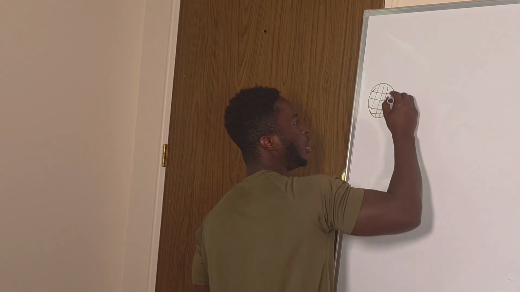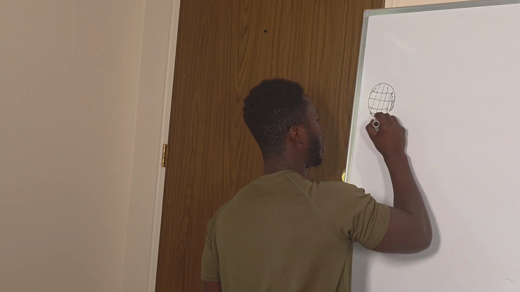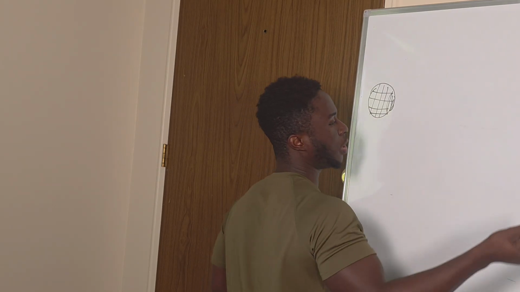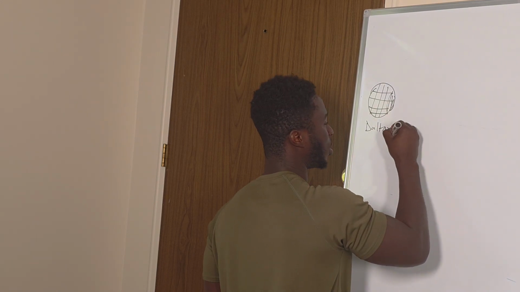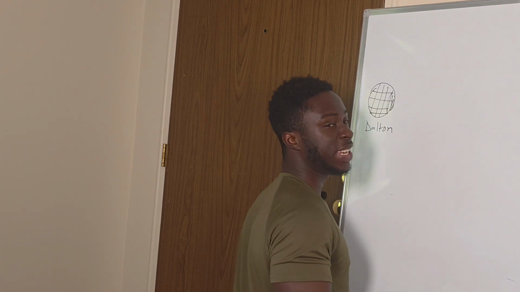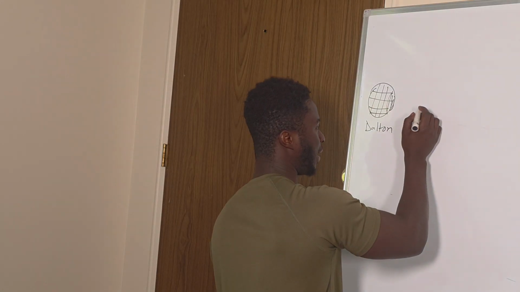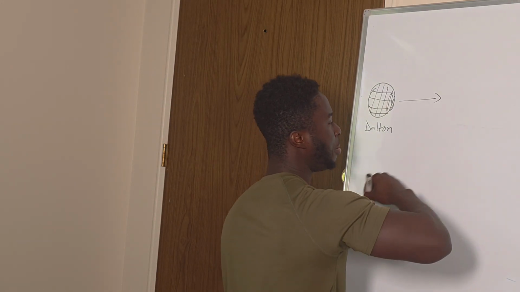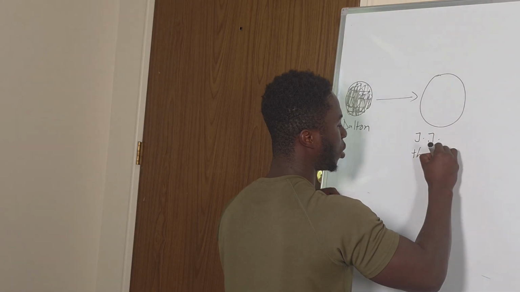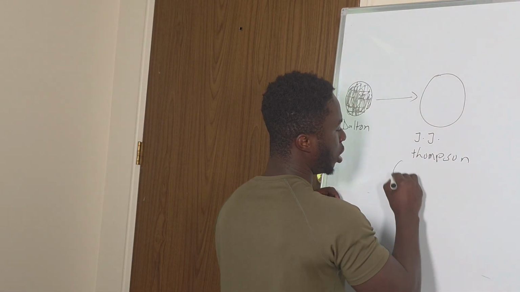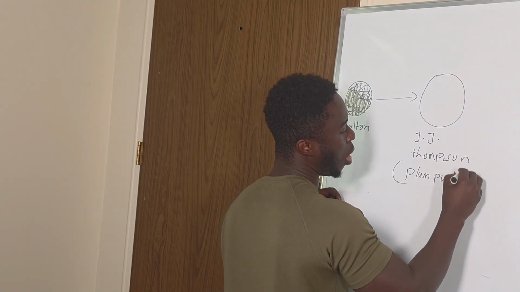Over here, it moved from this solid block, the first postulate, let's say by Dalton, because Dalton said the atom was indivisible. So let's say the solid block postulate was by Dalton, and then it came to J.J. Thomson. He came up with what we call the plum pudding,